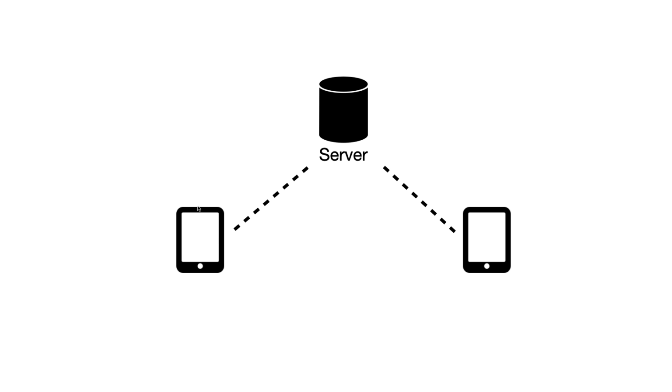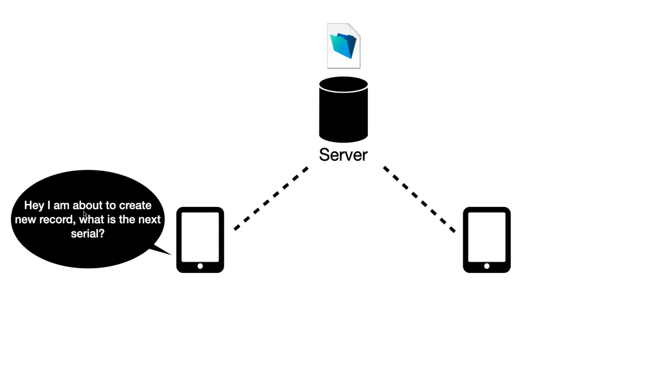So basically, when you're working on a server solution, you have a FileMaker server and maybe two iPads that are trying to connect to this server. Usually you will put your .fmp12 file, the FileMaker file, inside this server. So when this iPad wants to create a record, it's going to say something like, hey, I'm about to create